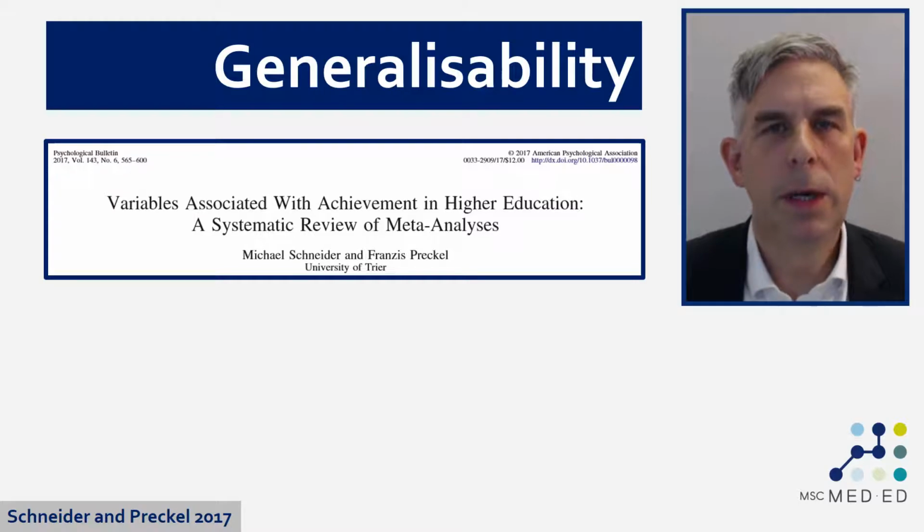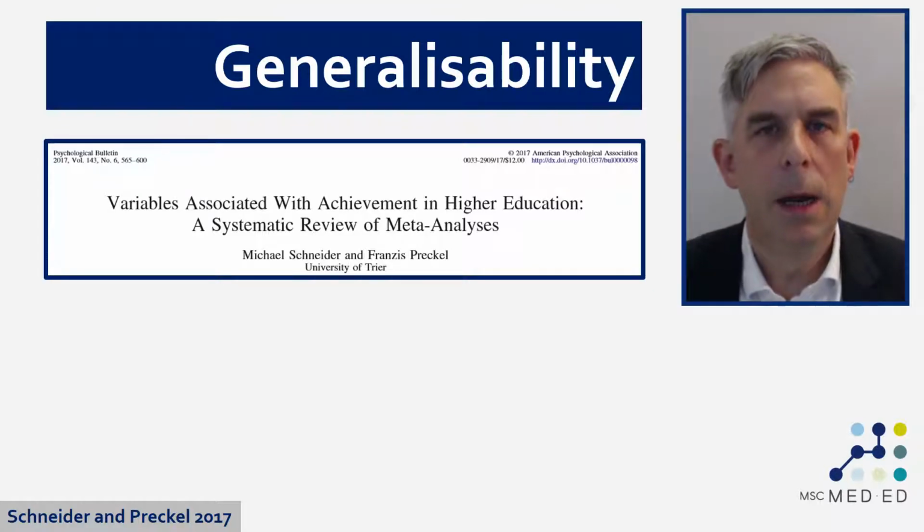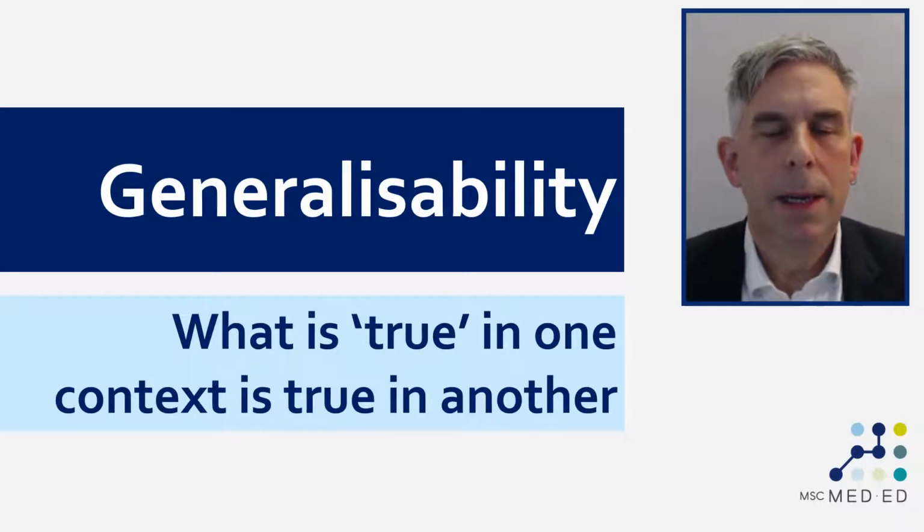However, the majority of the research evidence generated by studies in education isn't really generalizable in the way that these systematic reviews and meta-analyses are, in part because the majority of the research evidence doesn't take that form. To make it useful then, we have to go a bit beyond generalizability. The best place to start is to think a bit more about what generalizability means. Very simplistically, generalizability means that what's true in one context is true in another.